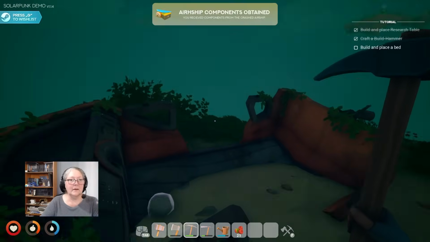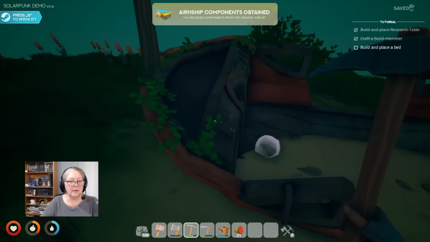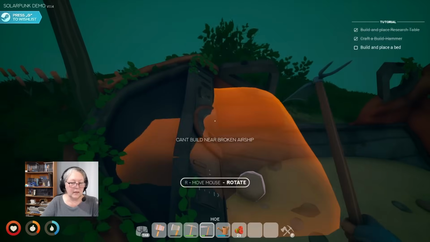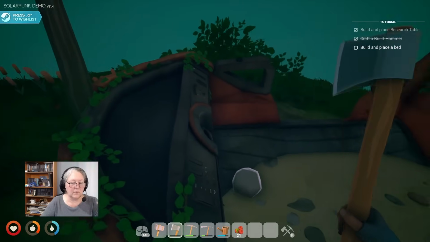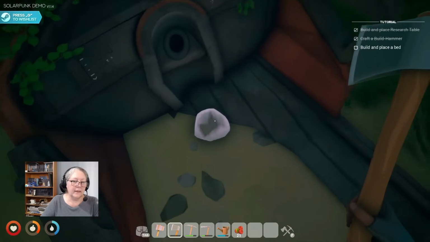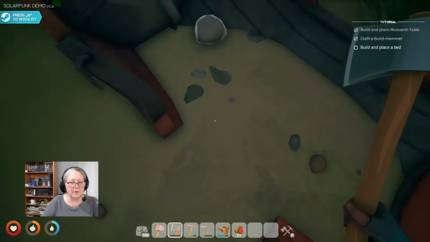Go E. Airship components obtained. You received components from the crashed airship. Now, can I pickaxe it? No. Can I axe it? No. Alright. Grab that though. It's not gonna let me pick up the glowing rock in the middle of the...